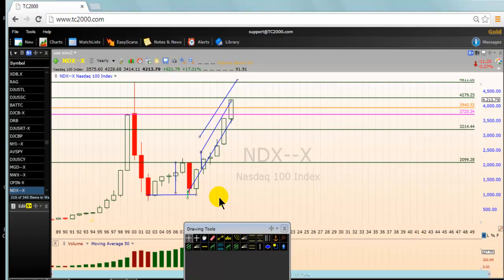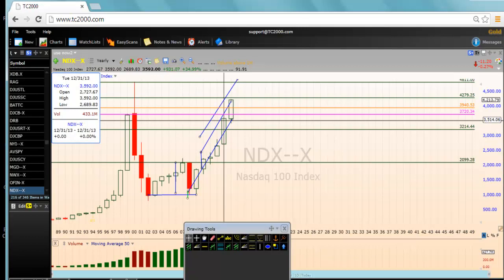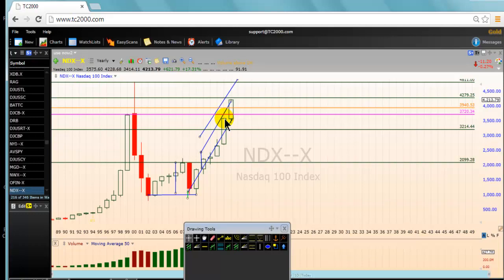So we are on a yearly chart looking at the Nasdaq 100. At the beginning of the year, the level that we must watch is the high of 2013. That high was at 3592. This is a critical price level, a very important price level, and the professional will monitor the reaction of the price. What you will notice is that very often the price will be below the previous high.